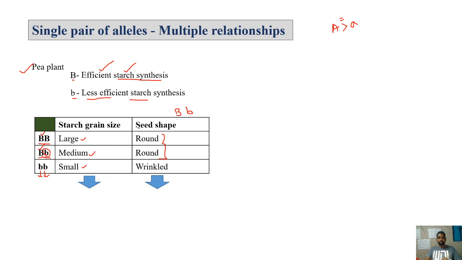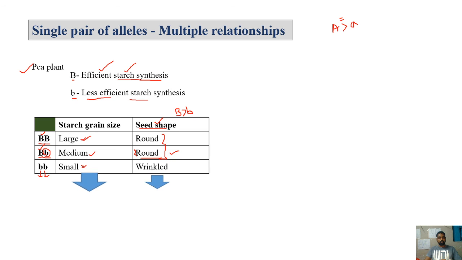But when I consider seed shape as the phenotype, what is the relationship between these two alleles? I can say capital B is dominant over small b because in the heterozygous, only one particular phenotype is expressed. So with respect to this particular phenotype, capital B is dominant over small b. So there is a dominance relationship in this case. But when it comes to the first case, that is starch grain size,